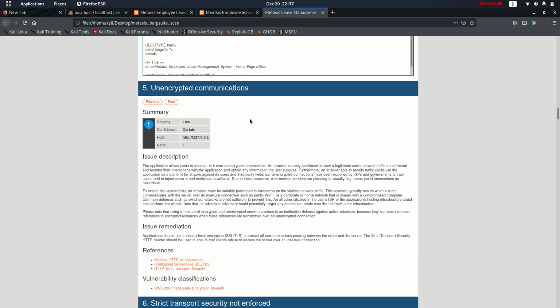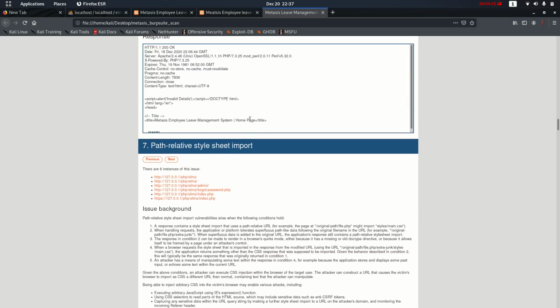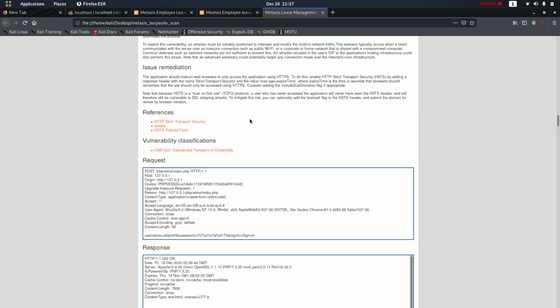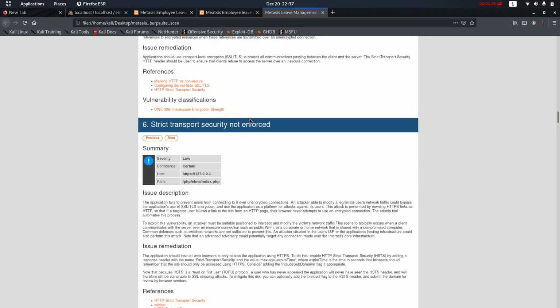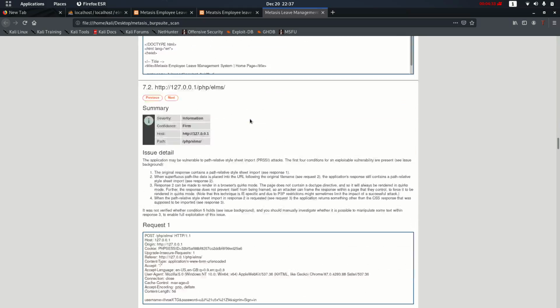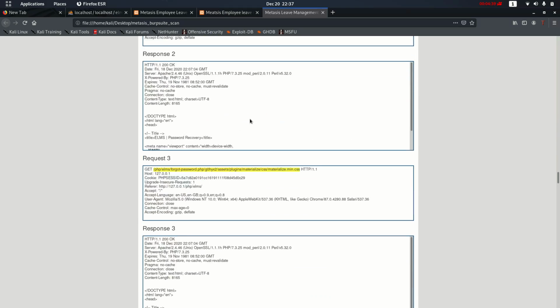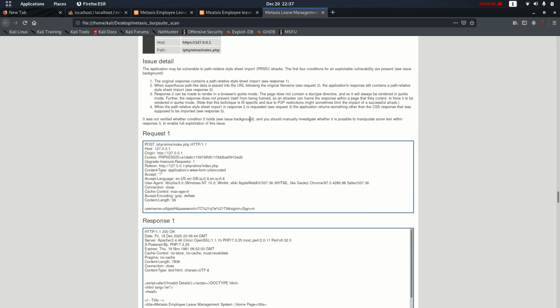there are some unencrypted communications which have been observed by Burp Suite. This means that no HTTP Strict Transport Security has been applied to the application. In order to get rid of this vulnerability, we need to apply Strict Transport Security, which is not yet enforced. So as we can see here,